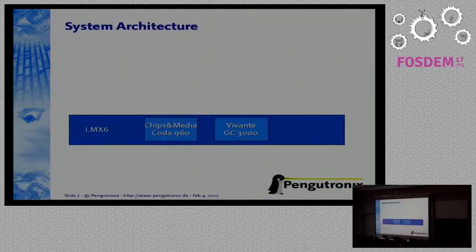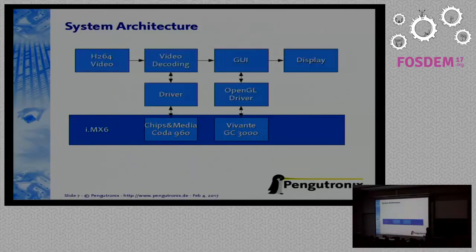So for the system, we are using an IMX6 SoC, which is built by Freescale. And the SoC features a Chips&Media coder, video decoder, and Vivante GC3000 GPU, at least in the Plus platform. So if you're using something before the Plus variant, you have a Vivante GC2000 there. On top of this